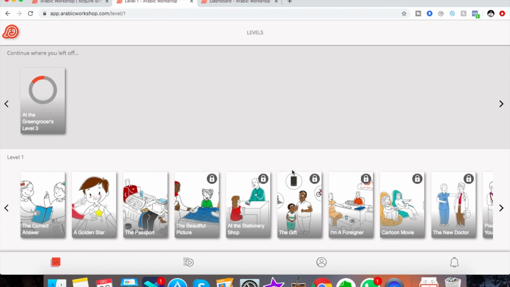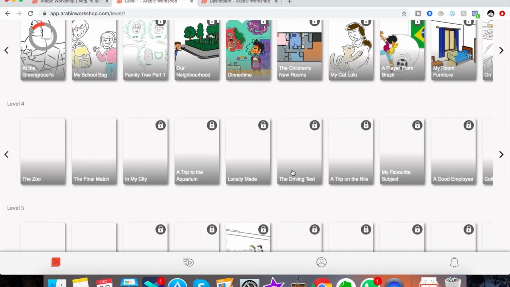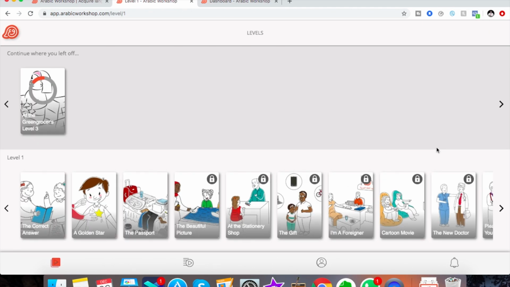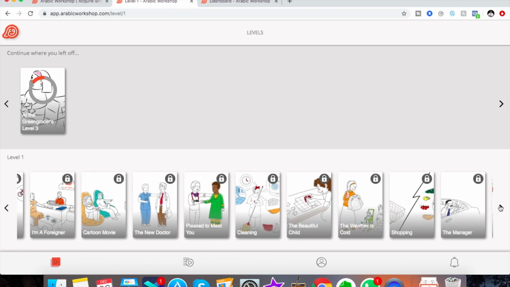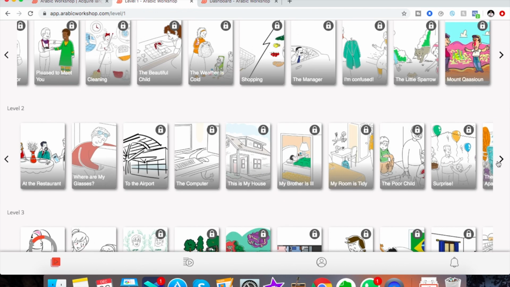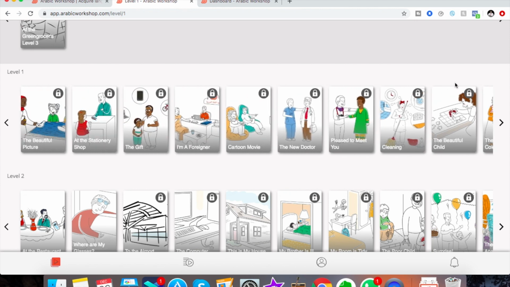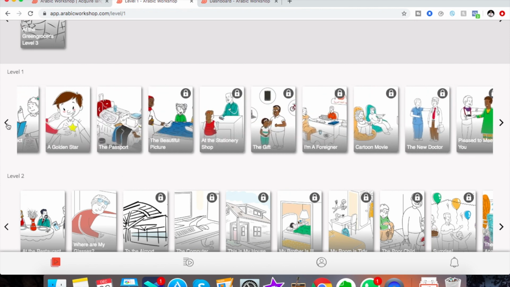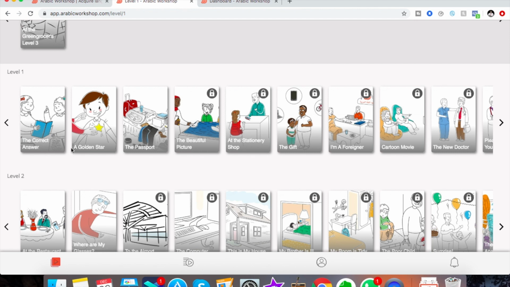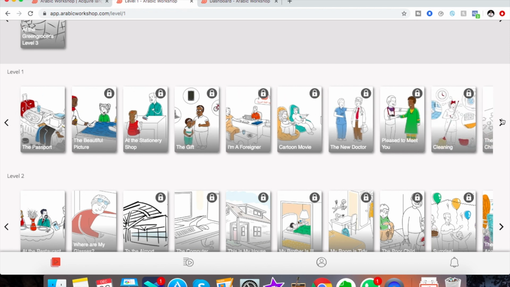When you actually have the desktop open, you get to see how far these lessons all go across and the range of topics that there are. I mean, let's just read some out so you can just get an idea of how vast they go. So we actually started with the correct answer: a golden star, the passport, the beautiful picture at the stationery shop, the gift, I'm a foreigner, cartoon movie, the new doctor, pleased to meet you, cleaning, the beautiful child, all the way down 150 videos later, all the way down to